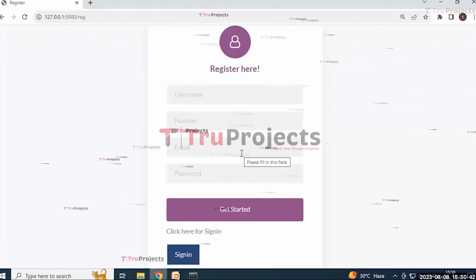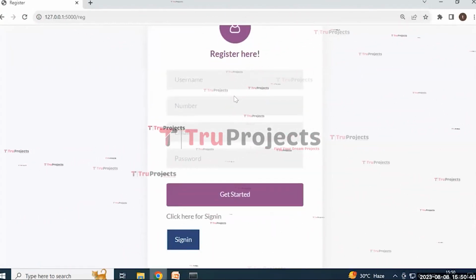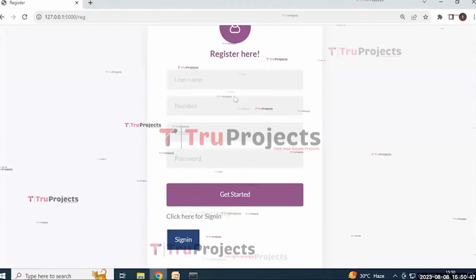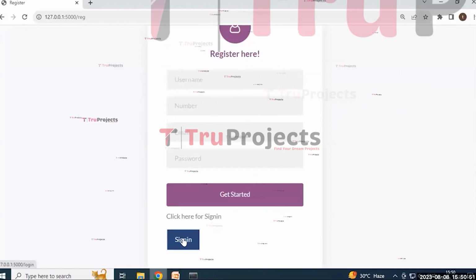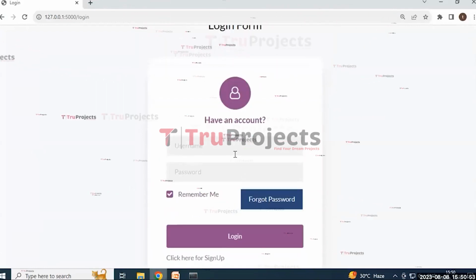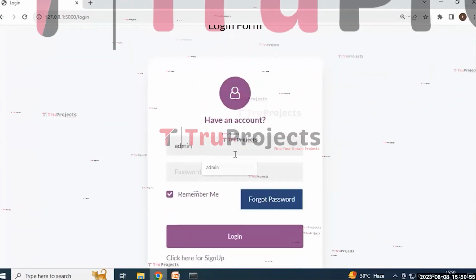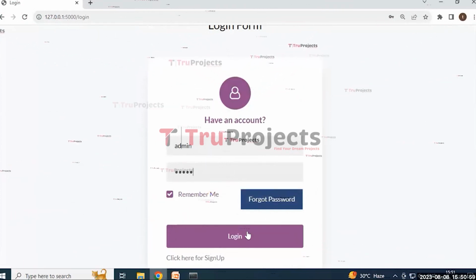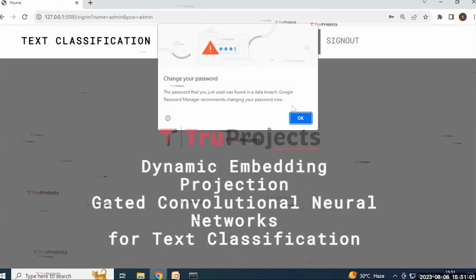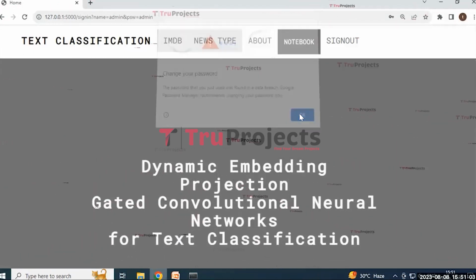Here it will redirect to the sign up page containing some necessary details that need to be filled to create an account. But my account is already created, that's why I'm using the sign in button. Here it redirects to the sign in page containing the username and password, and I'm filling those details and then clicking on this login button. Here it will redirect to this page,